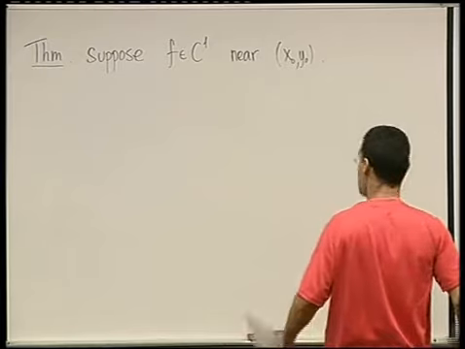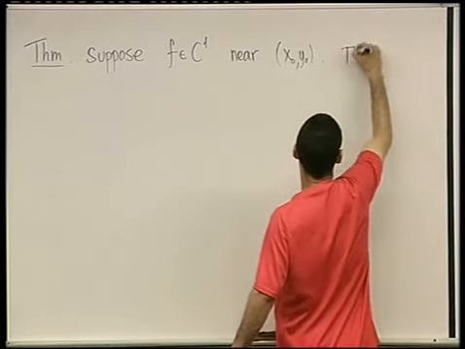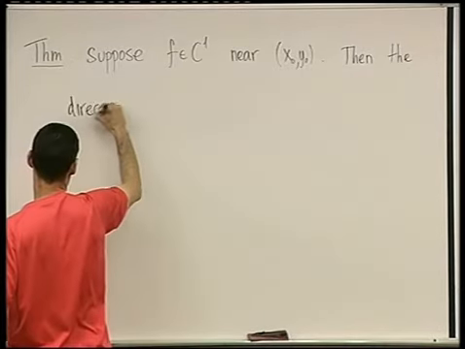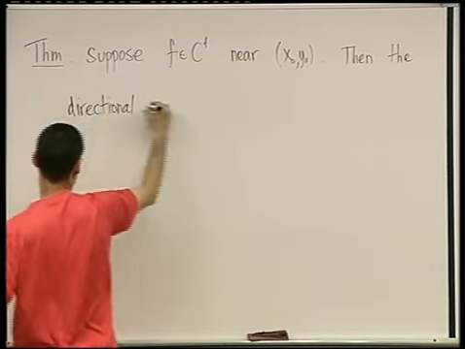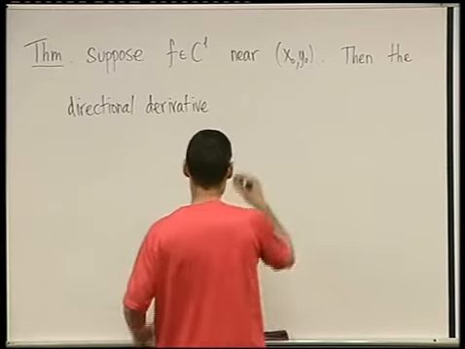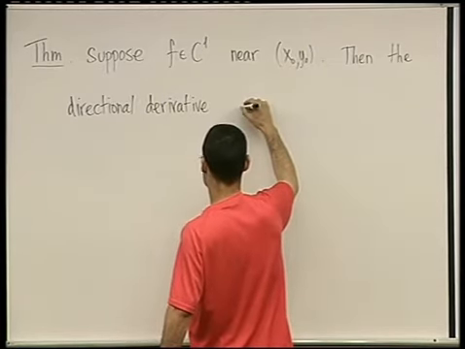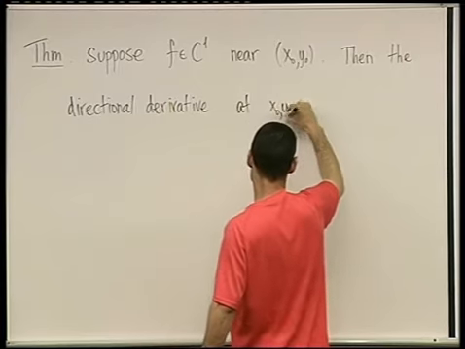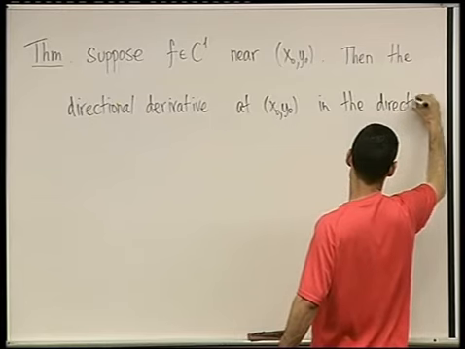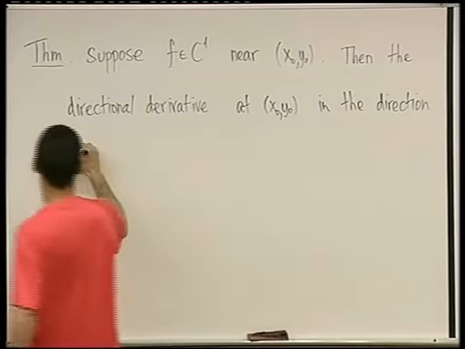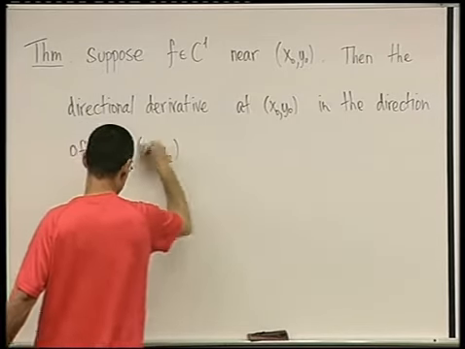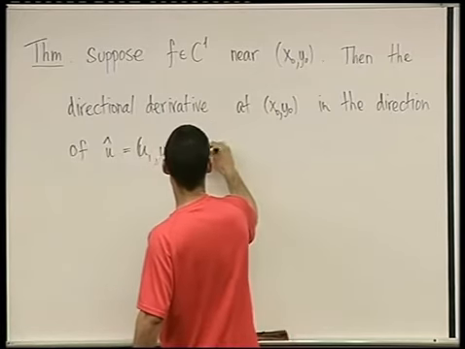Okay, suppose f is C1 near x0, y0, then the directional derivative at x0, y0 in the direction of u, which is u1, u2, is given by